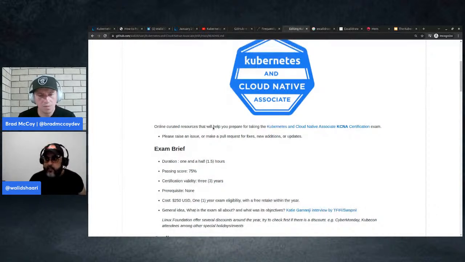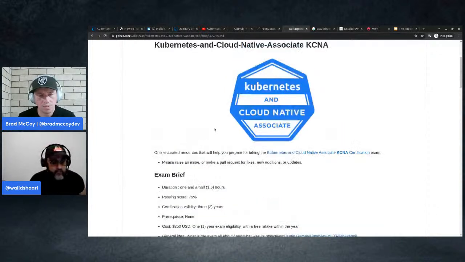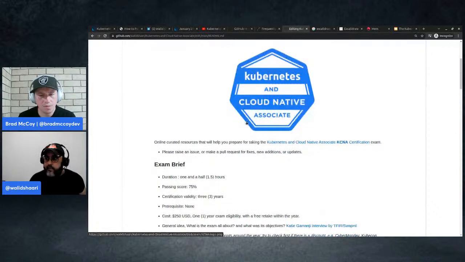Now, the challenge when it comes to Kubernetes and Cloud Native: Kubernetes is not easy, and Cloud Native is quite wide. I mean, everybody knows the landscape of the Cloud Native. So the challenge in creating this certificate is the depth. It has to be more breadth than depth.